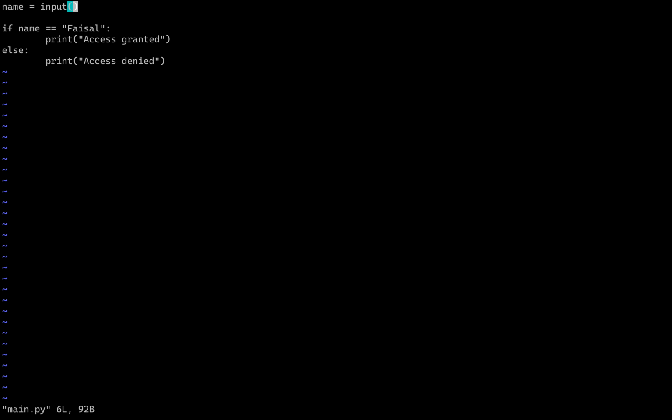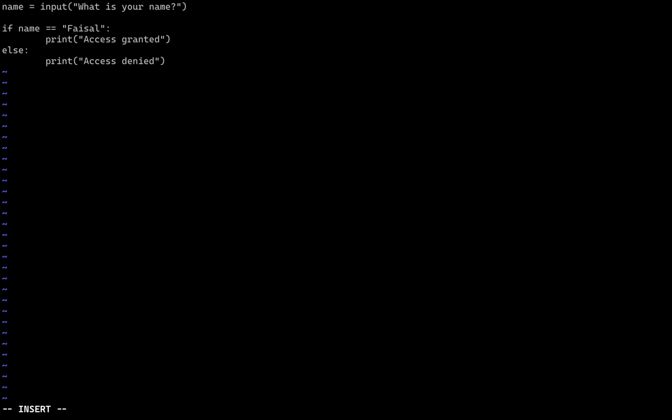Inside this input function, inside these brackets, we can specify some text. We can specify the text here, which will be a string, and whatever we write in this string will be printed out and shown to the user before they enter something. So if we specify here, what is your name,